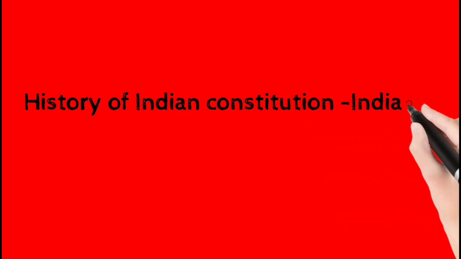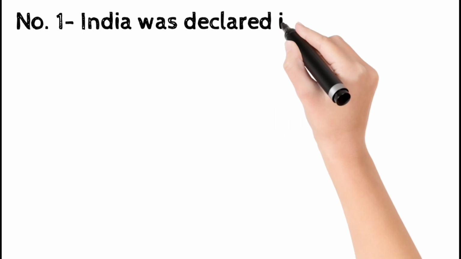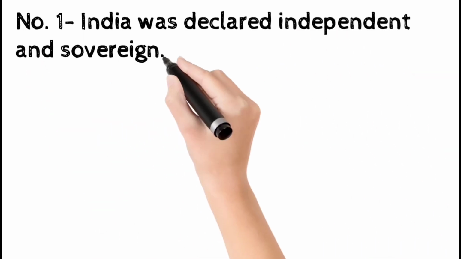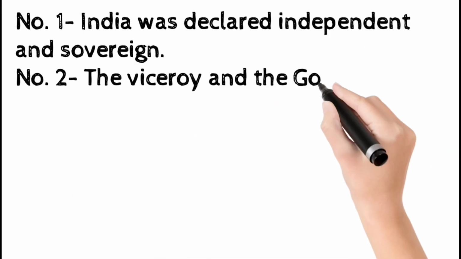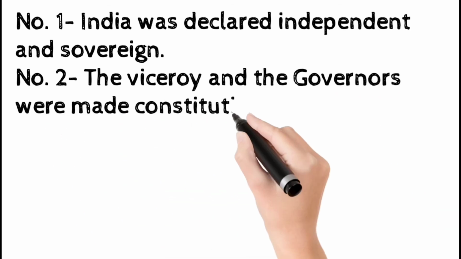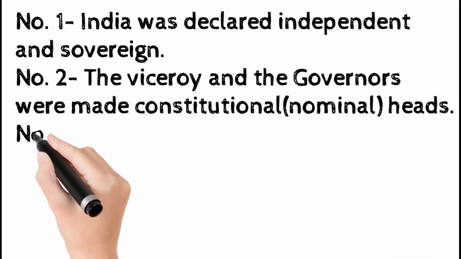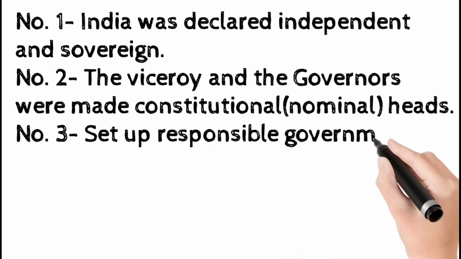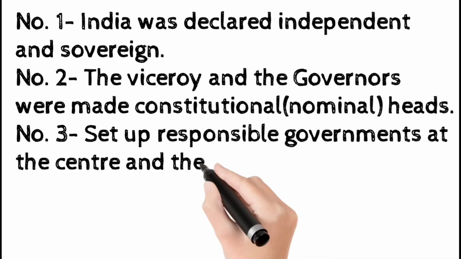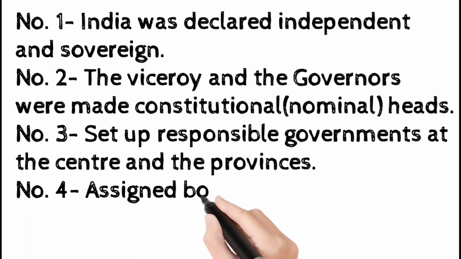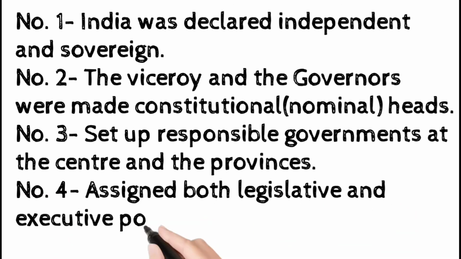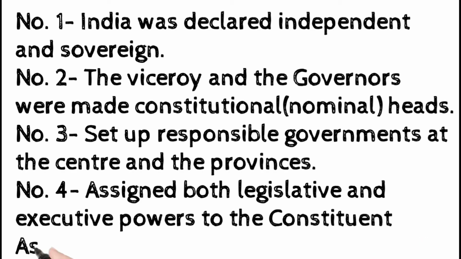History of the Indian Constitution: Indian Independence Act 1947. Number 1. India was declared independent and sovereign. Number 2. The Viceroy and the governors were made constitutional (nominal) heads. Number 3. Set up responsible governments at the centre and the provinces. Number 4. Assigned both legislative and executive powers to the Constituent